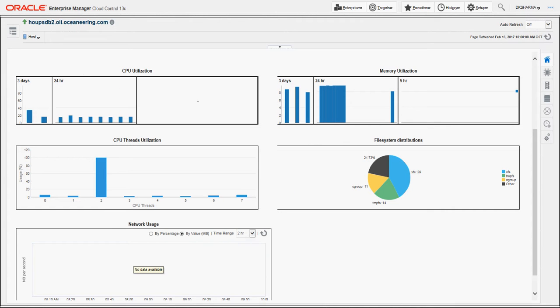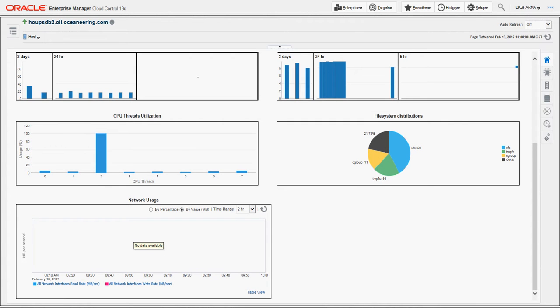Now from the previous release, if we compare, all these charts used to be on the same page, but in a very different way. Now they have given it a totally changed look. On the same graph, they have given you the real-time value for the past 5 hours. Then they have segregated it to the last 24 hours, and then aggregated all the values for the last 3 days. So the complete information is available in a single chart. However, if you want to see the actual real-time value or the detailed information about each of these components, we can do that from the